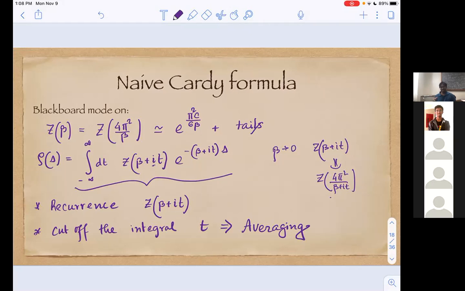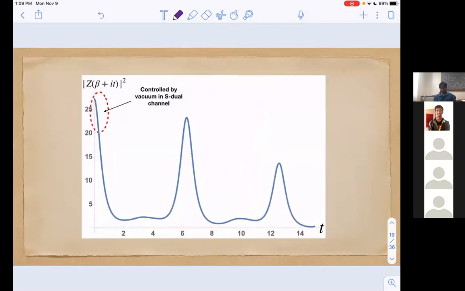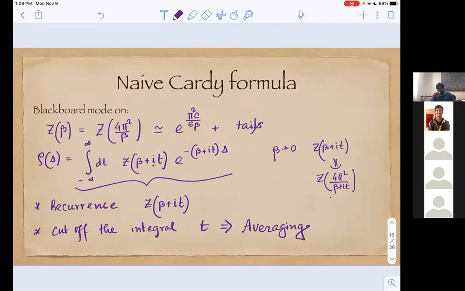So is it clear why we should not trust the naive Cardy formula completely? Just one quick question. I understand that you expect recurrences because you are in finite volume, right? But what if you are in infinite volume? Is it true that this never converges? Oh, wait. So even at finite volume there are recurrences, right? I'm saying that in finite volume I'm sure there are recurrences, but I'm asking about infinite volume. Oh, even at infinite volume. Okay, I see.